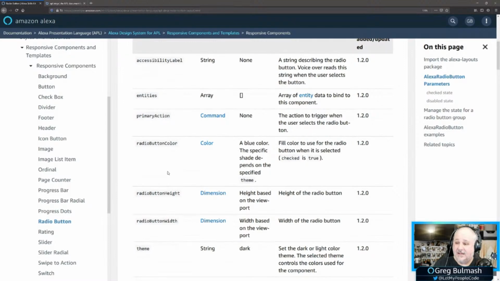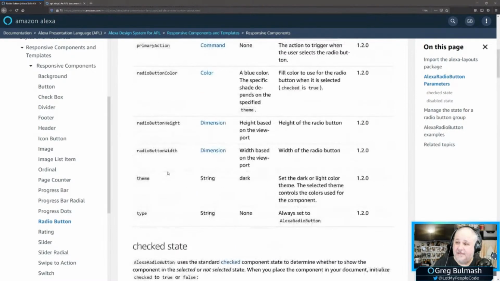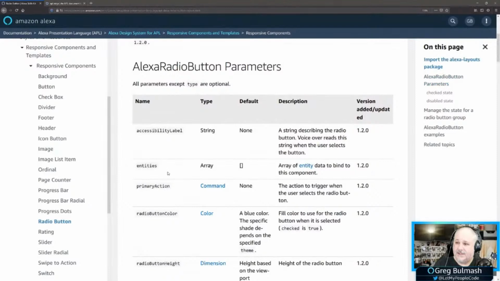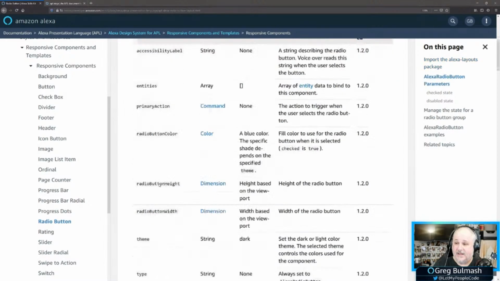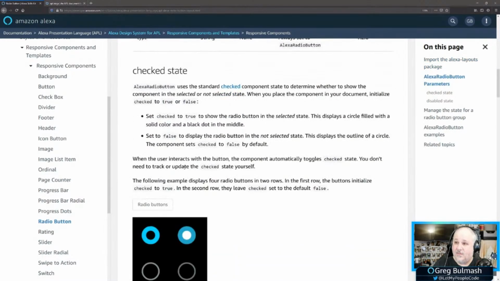Your button color, button height, button width, theme type, accessibility, label entities. I love primary action. Ever since I got into buttons, primary action is really useful. And we will get into primary action in a bit with our soundboard. But we also have a whole lot of information that you can find out,